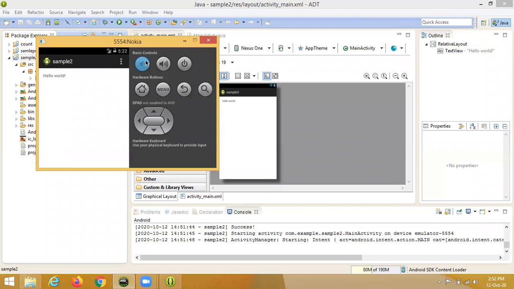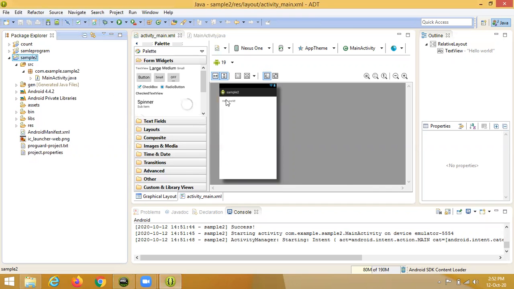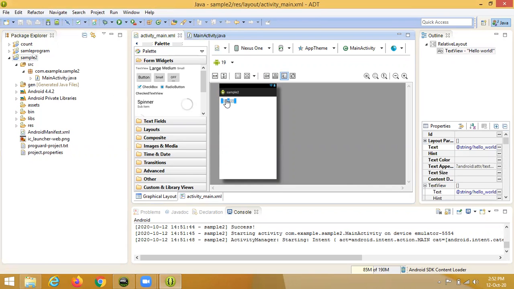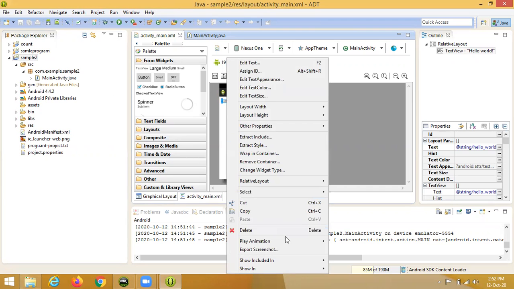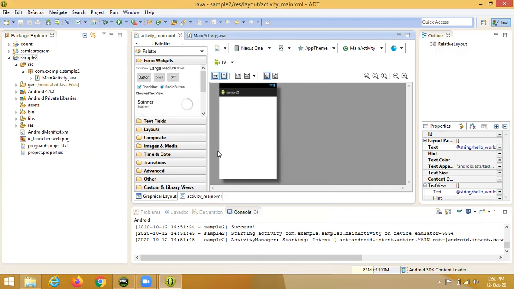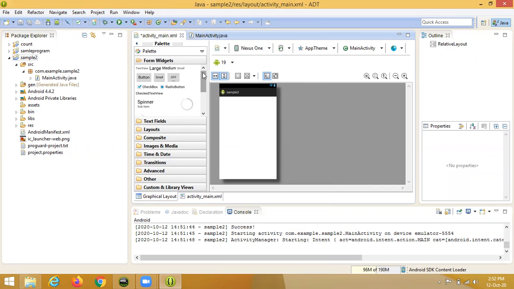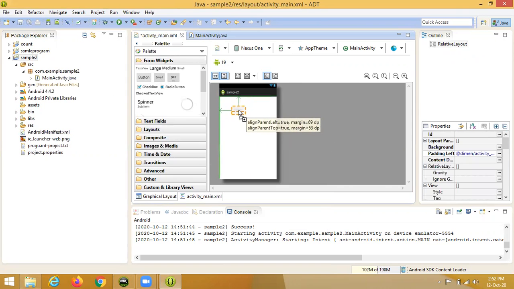When we run the first program, it should have a blank page that executes a simple message, hello world, because it's a text view, common for all programs. We just right click it and delete it because we are not using it in our program. For our program, first we drag a button and drag it down.